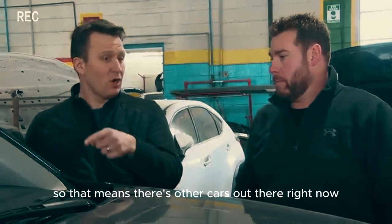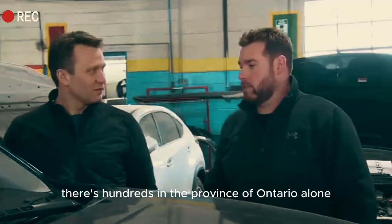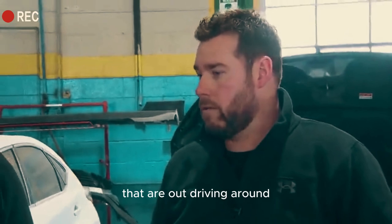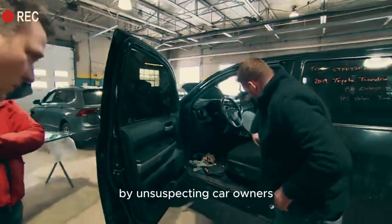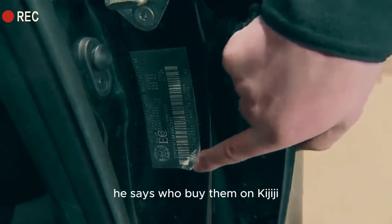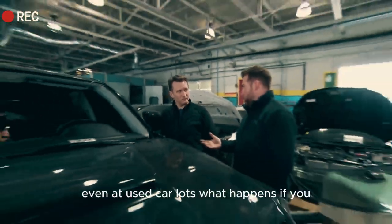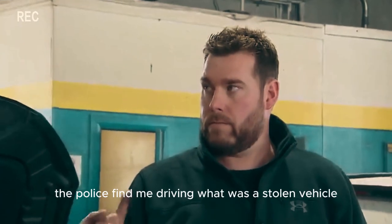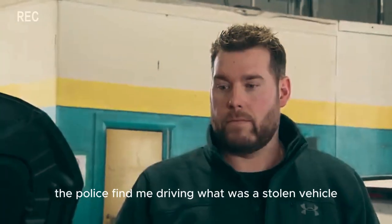So that means there's other cars out there right now, just like this. Oh, yes, I can guarantee you there's hundreds in the province of Ontario alone that are out driving around, if not thousands, that people are operating. Many of them are being driven by unsuspecting car owners, he says, who buy them on Kijiji, even at used car lots. What happens if you, the police, find me driving what was a stolen vehicle and I had no